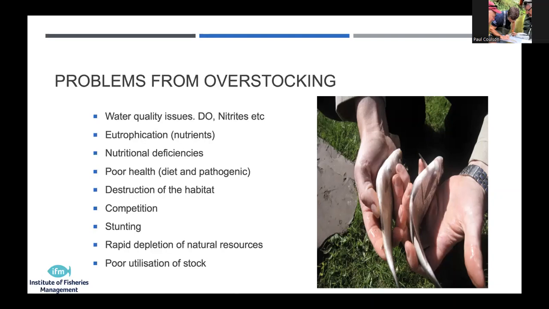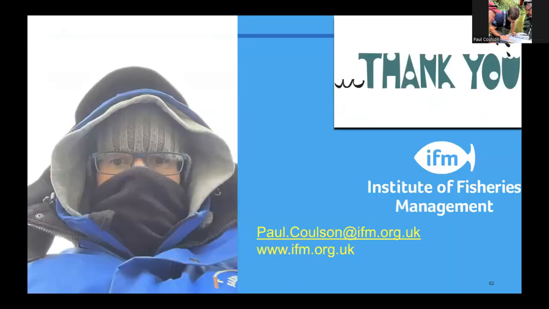We need to make sure we've got the right plants in there. We're not putting in anything that might be too invasive, too encroaching, that we need to manage. We need to look at nutrition. We need to look at the stock we've got, and maybe can we use the stock we've got within the lake for the benefit of us and the angling club, without us having to spend loads of money on new fish. And I think that might be it.